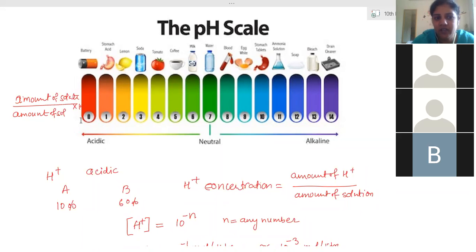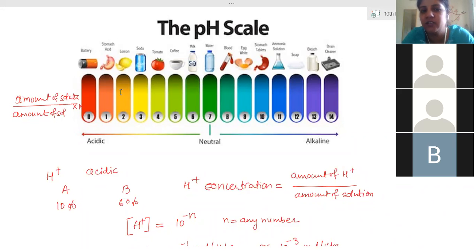So you can see the battery acid, HCl is present, which has a value 0. Stomach acid, HCl of the stomach, it depends on the concentration also. It has a value 1. Then lemon will come in the 2. So lemon is also somewhat acidic, a more mild acid we can consider it as, but it is a stronger one. Even in that range, acetic acid, vinegar also will come. But vinegar is a weaker one as we have diluted it. But the pure acetic acid has the value 2.4 to 3.4.